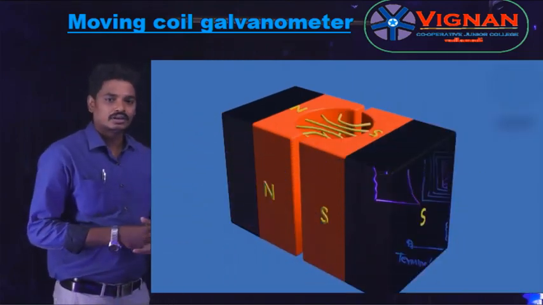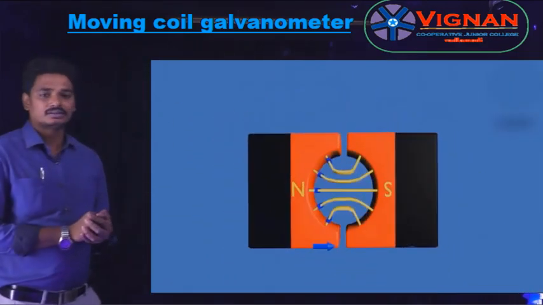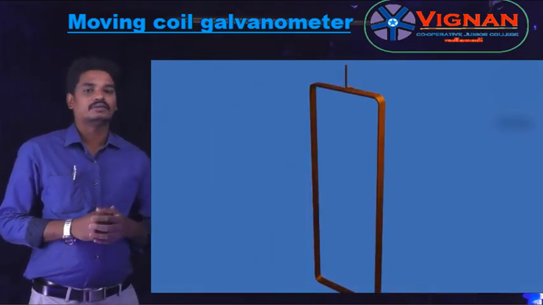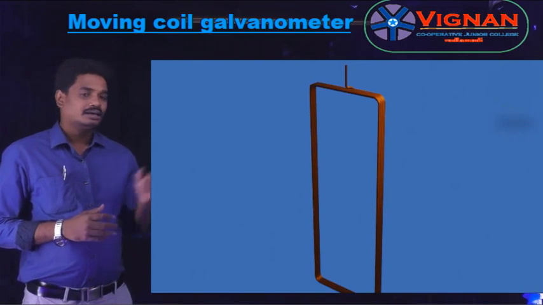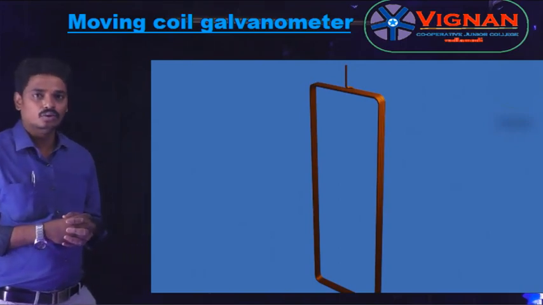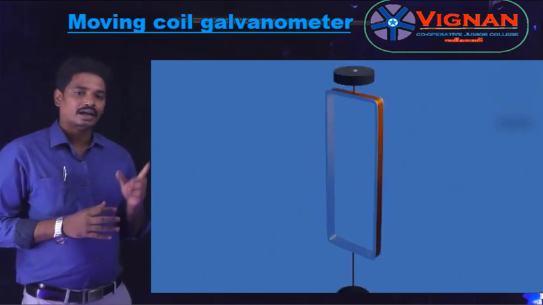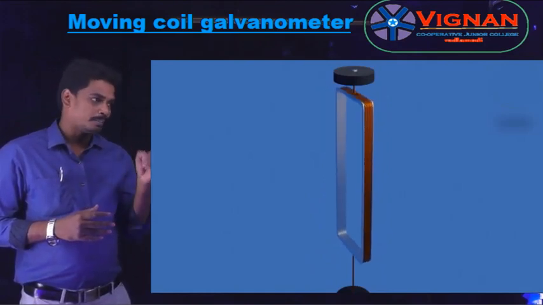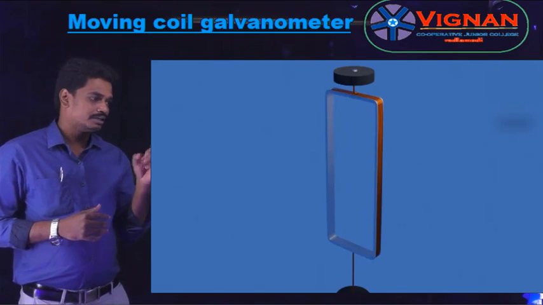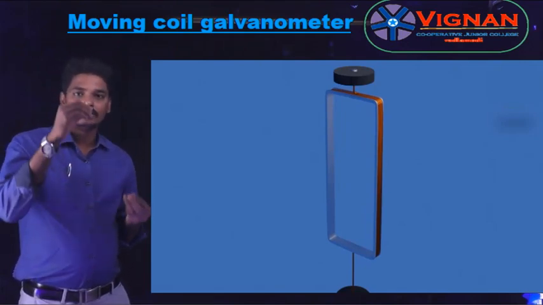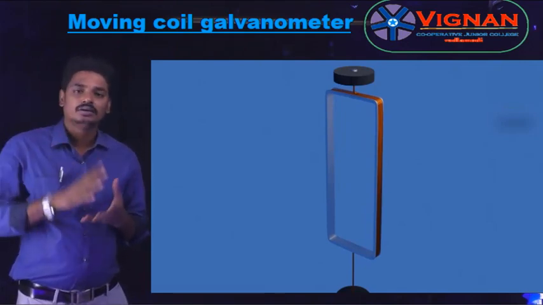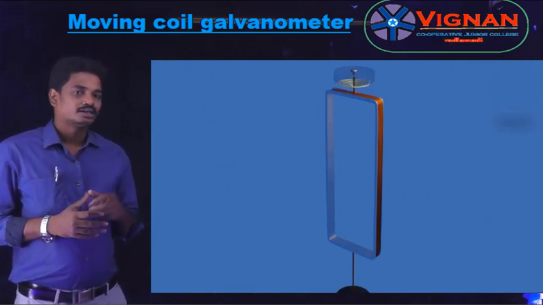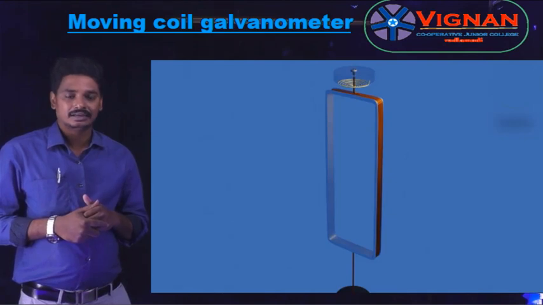So here you can observe two permanent magnets are placed. One acts as a north pole and another one is a south pole, so that a radial magnetic field is generated. And here we have considered a rectangular loop of n turns, and both the ends of this rectangular loop are pivoted on top and bottom. The black one indicates the pivoted ends, so it is fixed at both ends. So it is placed in a non-conducting iron cylinder.